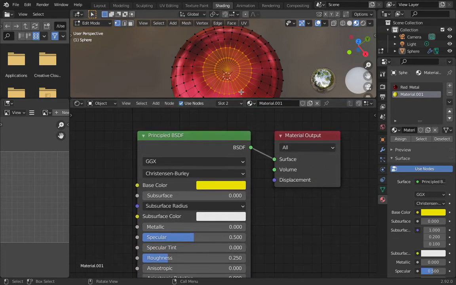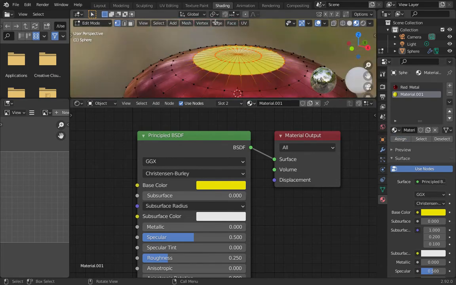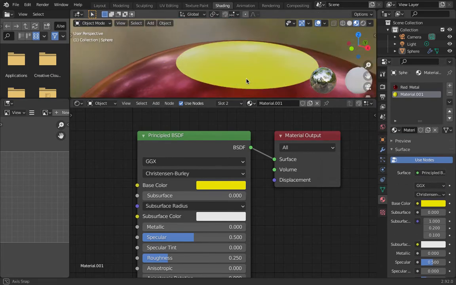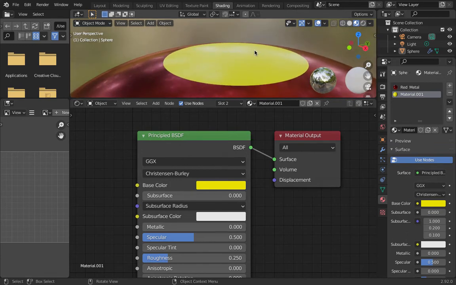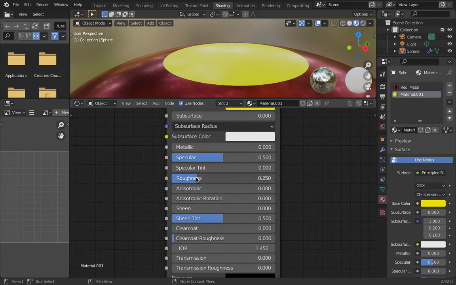But then you might ask yourself, why hasn't that changed to yellow? The reason is I have not clicked assign. So if I click assign, now that part is yellow. If I tab into edit mode, I can see reflections across the top here. If I'm unhappy with how rough or glossy that is, I can change the roughness down